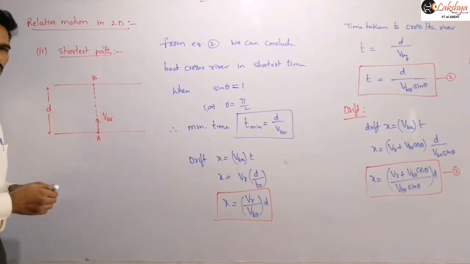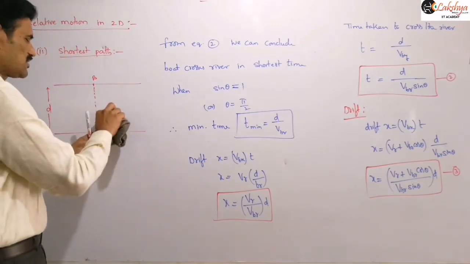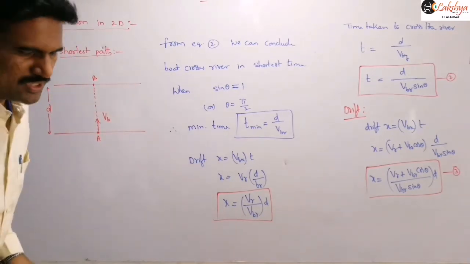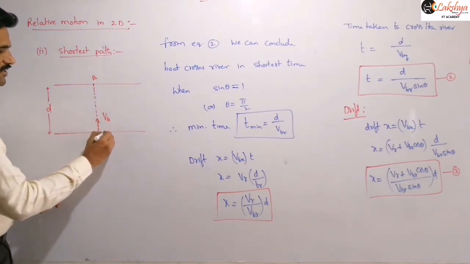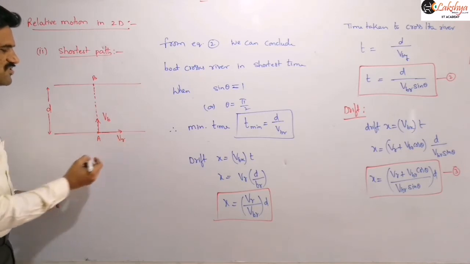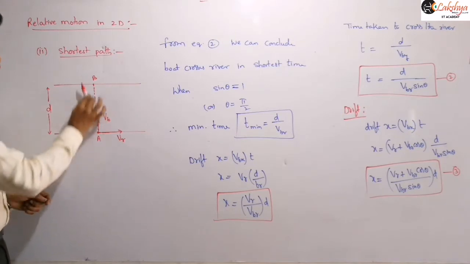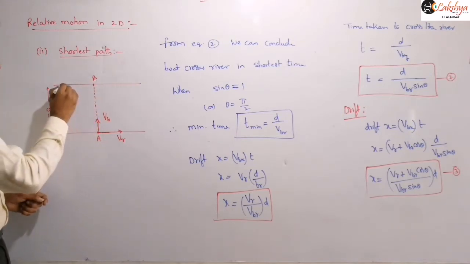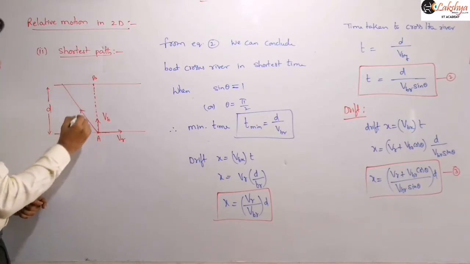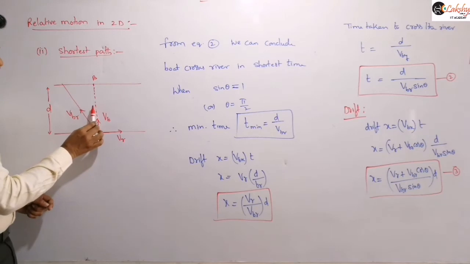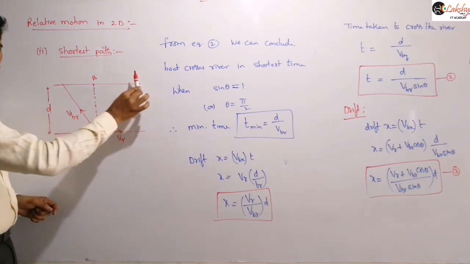And so what we can say is, when the boat has to reach the directly opposite point, VB must be along this direction, right? And this is our VB direction. That means for an observer on the ground, the boat should appear to be traveling like this. So the velocity of the river with respect to the boat should be making some angle like this. The velocity of the boat with respect to the river is already along this direction, then it will travel like this.